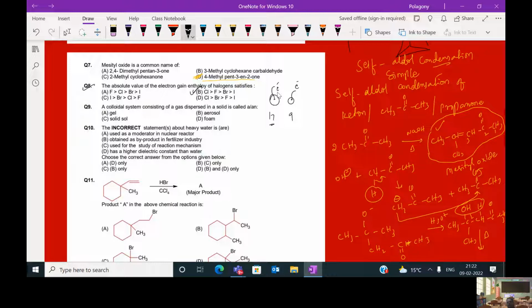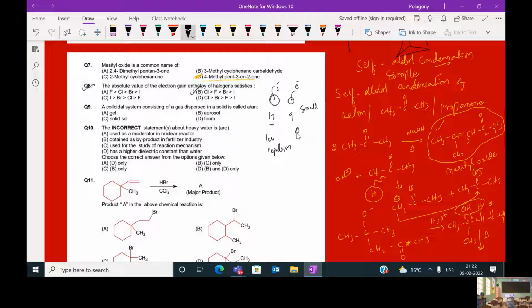The incoming electron experiences less repulsion in chlorine because of its large size, whereas in fluorine, because of the very small atomic size, the incoming electron experiences more repulsion,